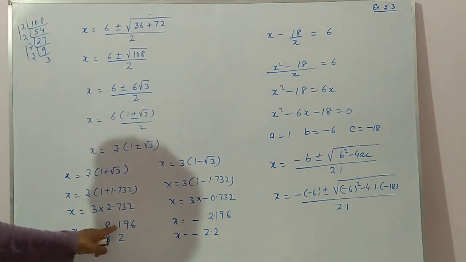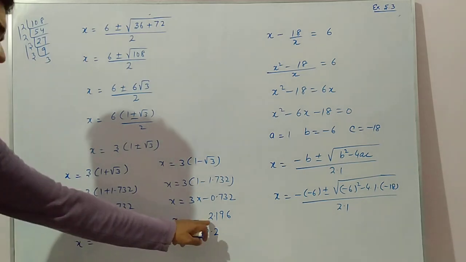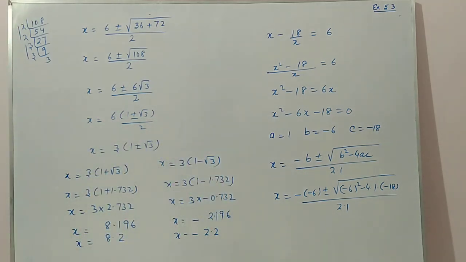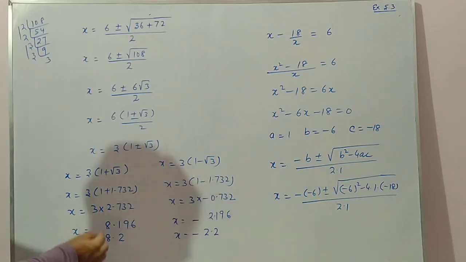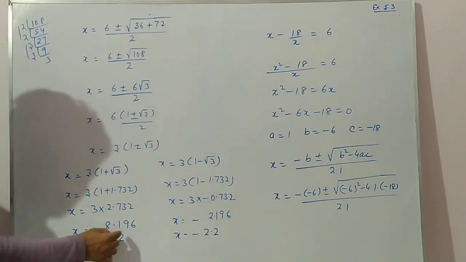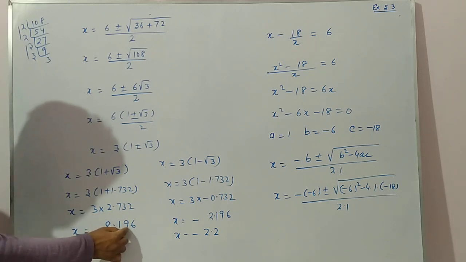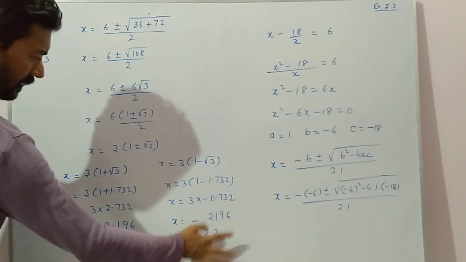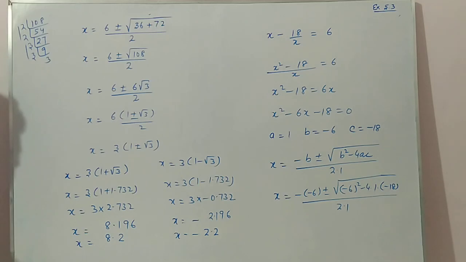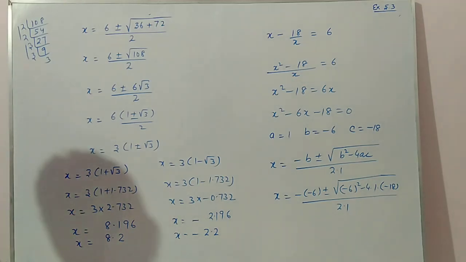Listen here, 8.196, and this is minus 2.196. Here it is 4 significant figures, and here it is 4 significant figures. So first of all, approximate this one. 96 will be what? 10. Here 0 will come and 1 will carry. So when you approximate this, 19 will be approximately 20, that is 2. Here also 19 approximates to 20, that is 2. So here we get two significant figures. Question number 10 and 11 are also similar to this one.